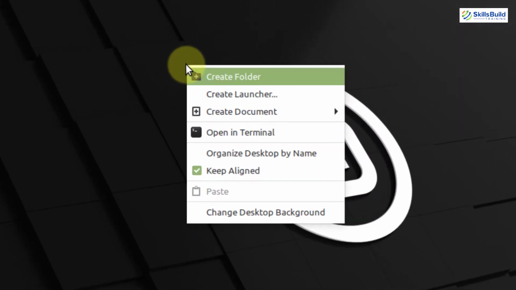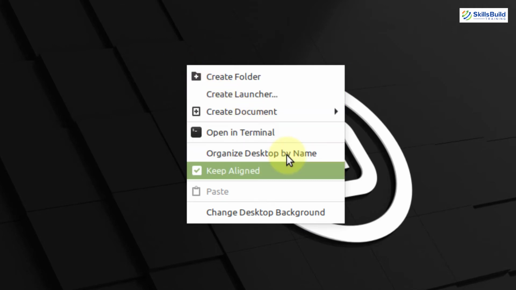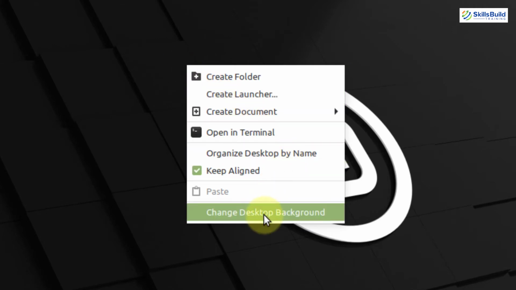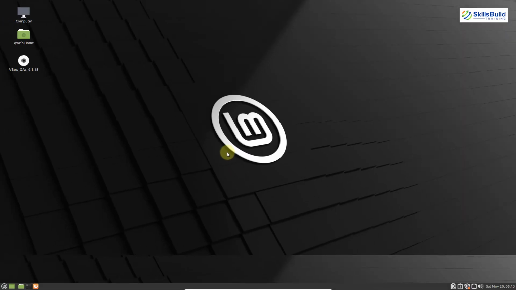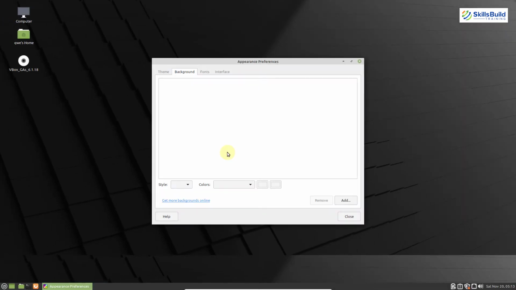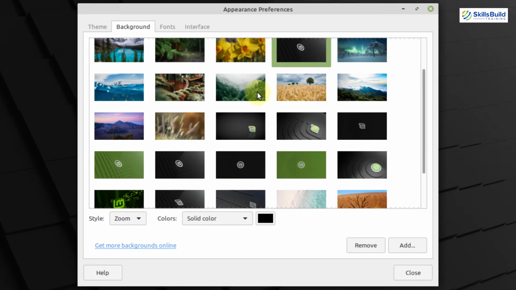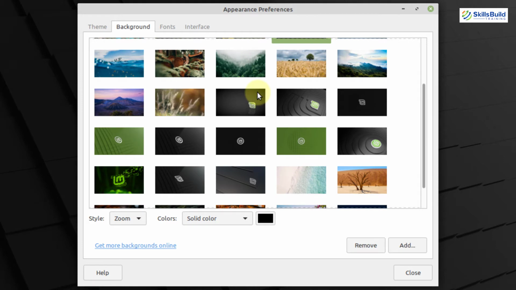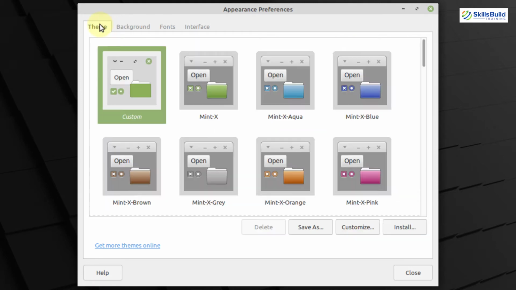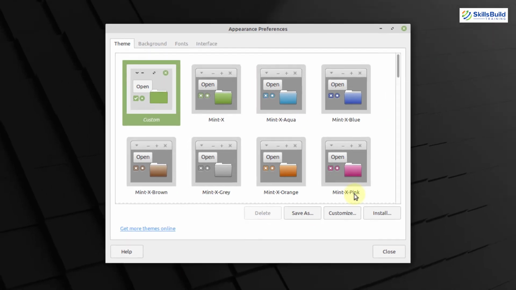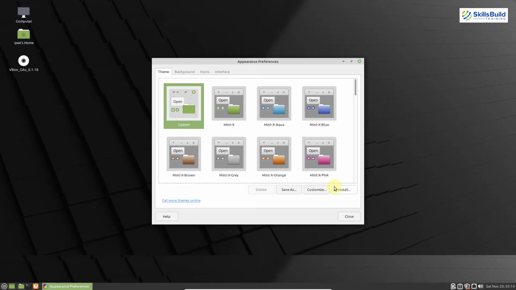I will right click on my screen and let's see if we have a desktop option from here. Yes, we do. So I'll click on it and let's see what this Linux Mint environment has to offer. Here you can see we have more backgrounds available in Linux Mint Mate than we had in Linux Mint Cinnamon. In terms of theme, we also have some available in here. We also have fonts and interface, but we did not have this kind of interface when we were in Linux Mint Cinnamon.